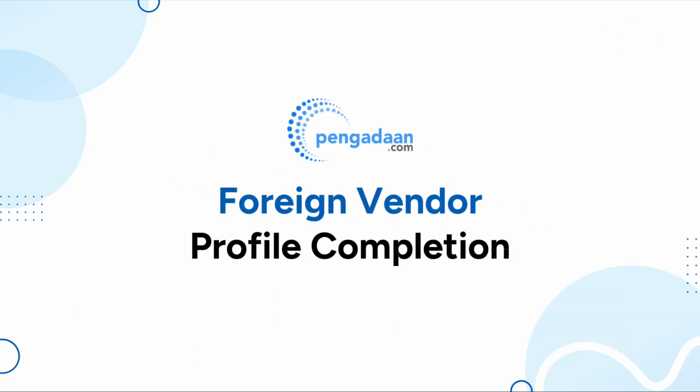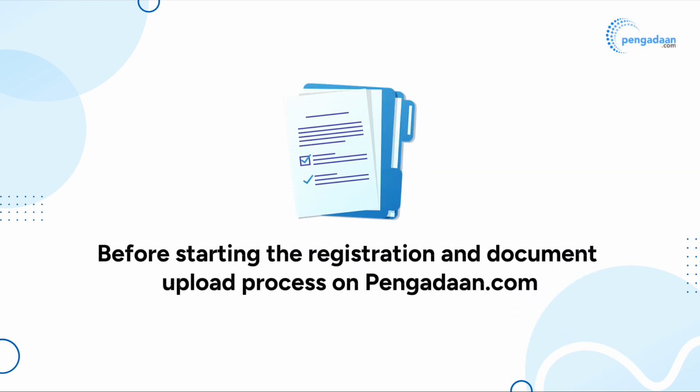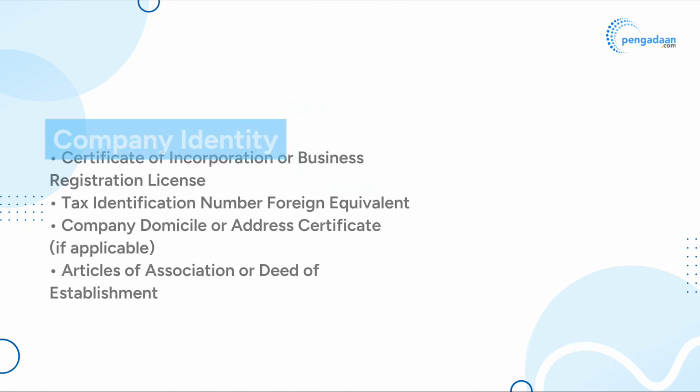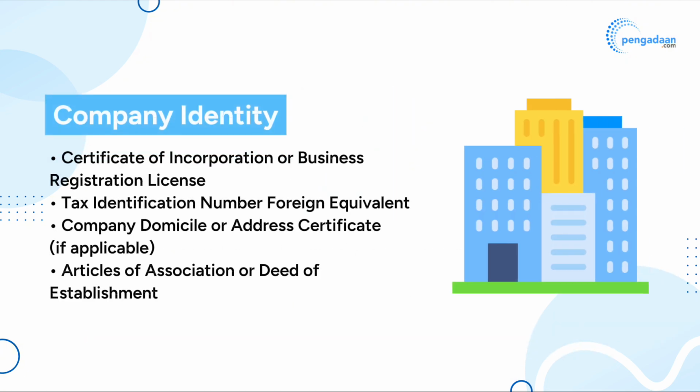Foreign vendor profile completion. Before starting the registration and document upload process on punadon.com, please ensure all supporting documents are prepared in PDF format, maximum size as specified on the upload page. The documents below are generally required to complete your vendor profile and speed up the verification process. Company identity: certificate of incorporation or business registration license, tax identification number (foreign equivalent), company domicile or address certificate, if